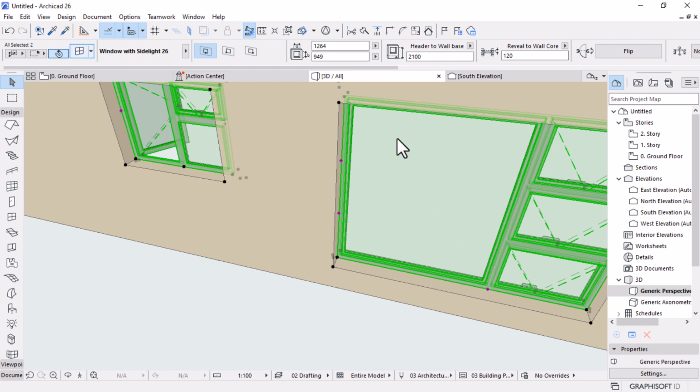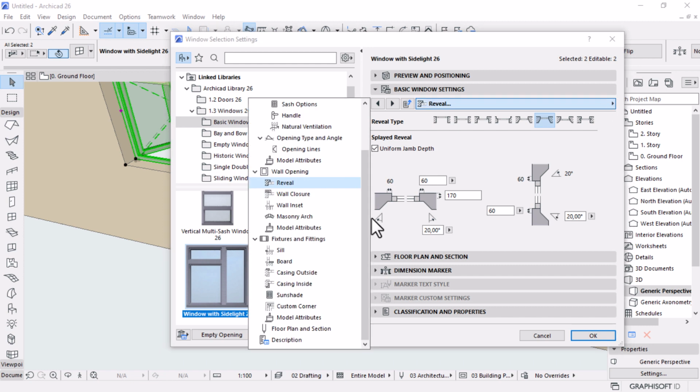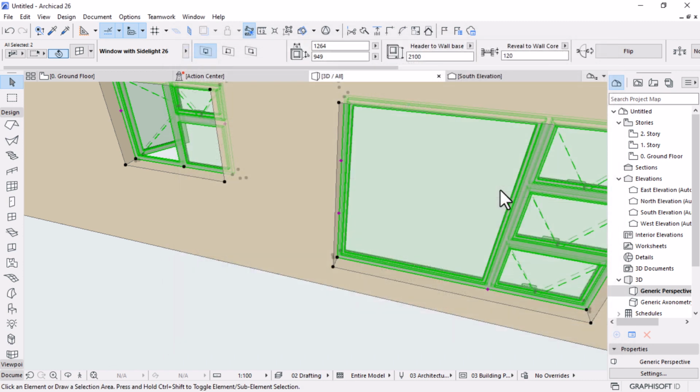If you want to have your seal active, you can go back here under window settings, and then if you click to bring all the parameters, you would have the seal and then the board. So these are the important features that are under fixtures and fittings. So let's find the board first. I'm going to apply a board in the internal or the inside of my window. So if I hit OK, I would have a board